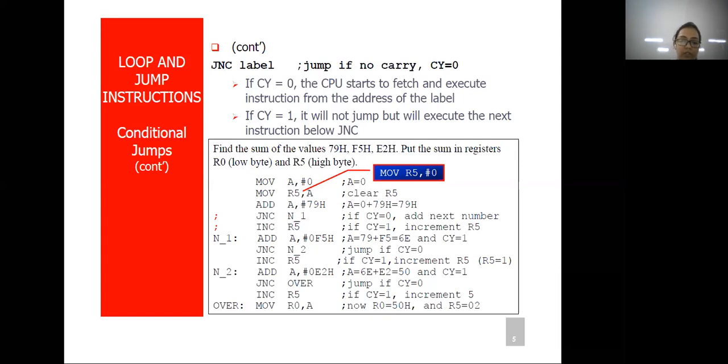Now, whenever we are performing such nested loop conditional jumps, you have to keep these instructions in mind: JZ, JC, JNC, JNZ: jump if carry, jump if no carry, jump if 0, jump if not 0. We will be using all these instructions very frequently while coding assembly language programs.